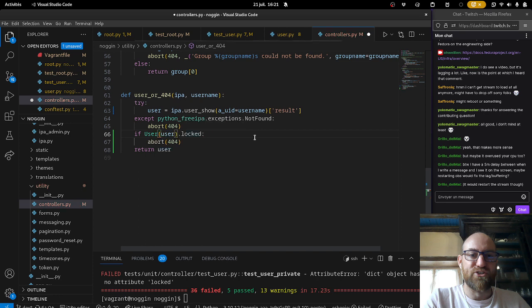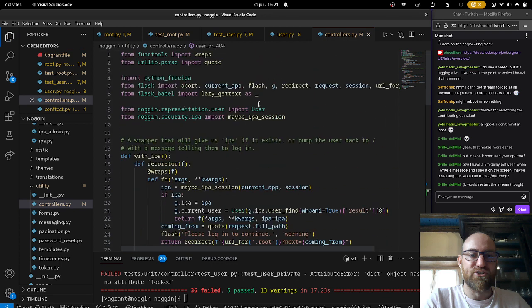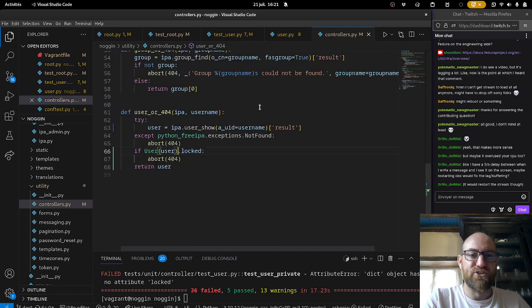Use the representation and check if it's locked. Okay. That will work. It will require me to import the representation. I already have it. All right. It would be a bit more compute intense than just checking the dictionary itself, but it will also make it